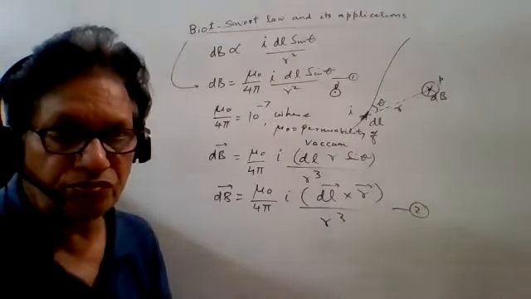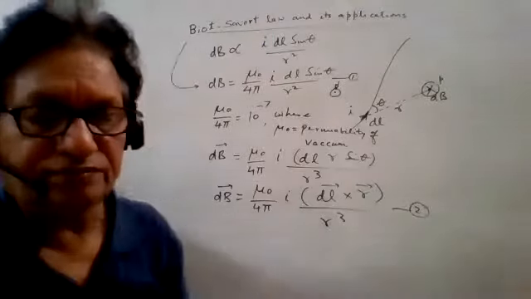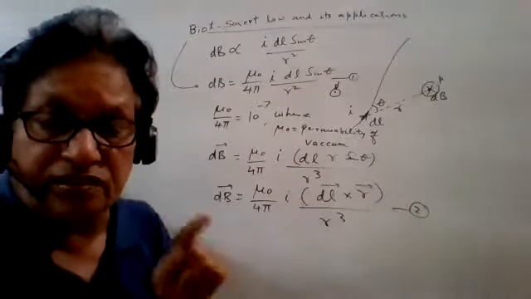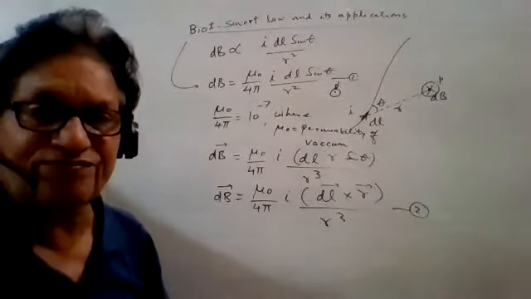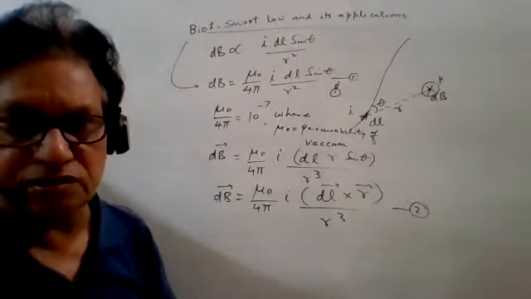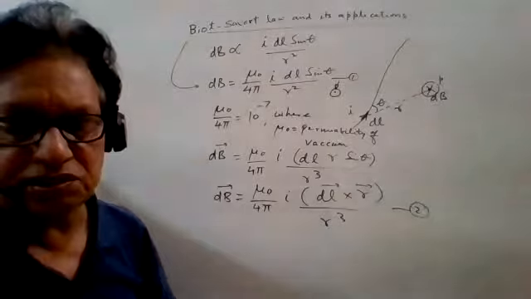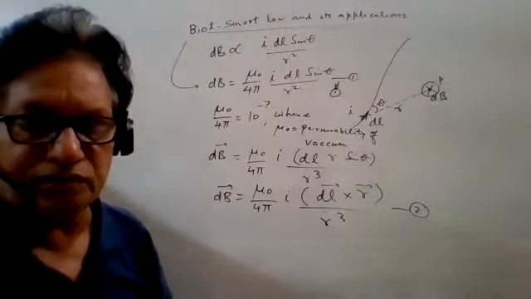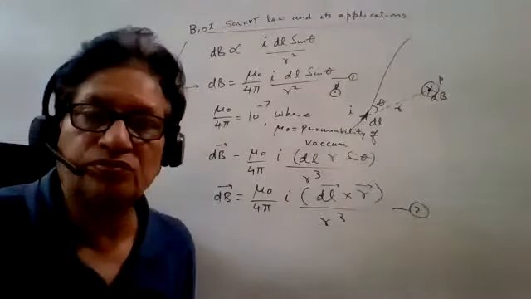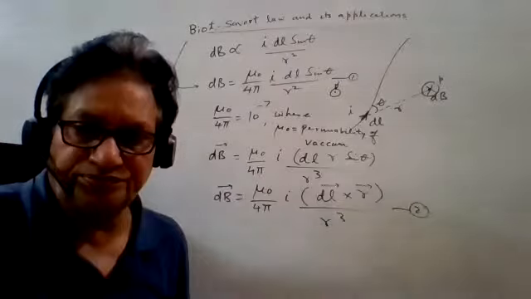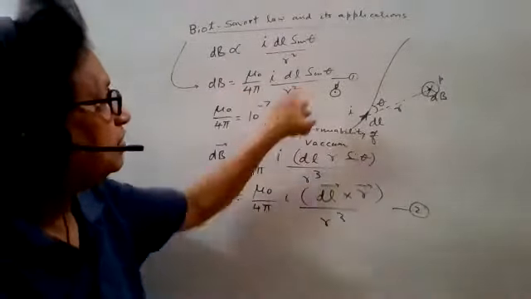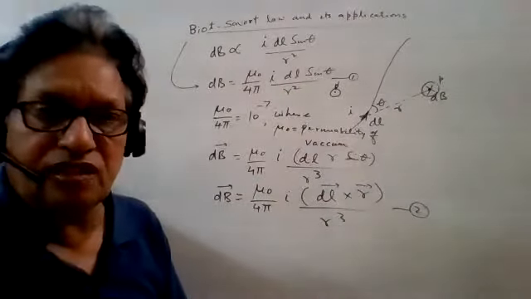Okay, direction wise you can find. You can find the direction because in each and every case we have to find out the direction of magnetic field. Any doubt, you tell me, otherwise I'll start the first application of this Biot-Savart law. Any doubt, please ask. No? Okay. Then cram this formula given by equation 1. It is the Biot-Savart law.